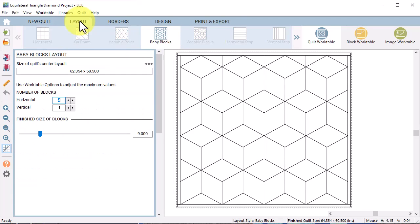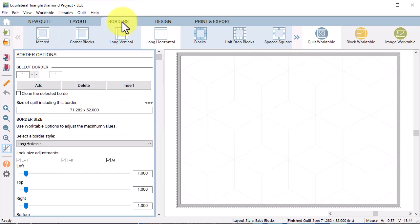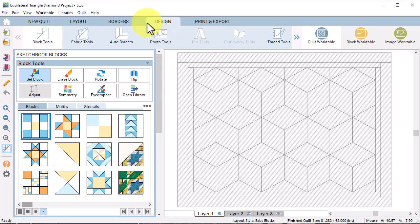Select the Layout tab and change the number of blocks to 3 horizontal and 2 vertical, and the finish size of blocks to 10 inches. Select the Border tab and change the size of the first border to 2 inches, and select Add and change the size to 4 inches. Select the Design tab,